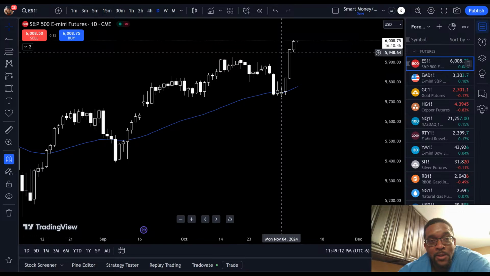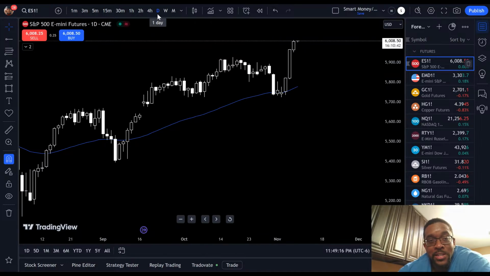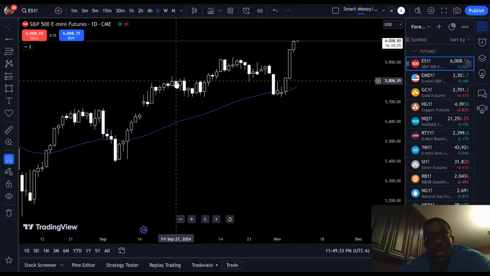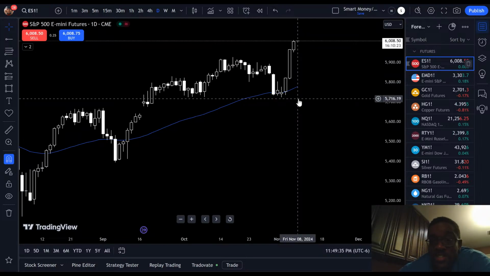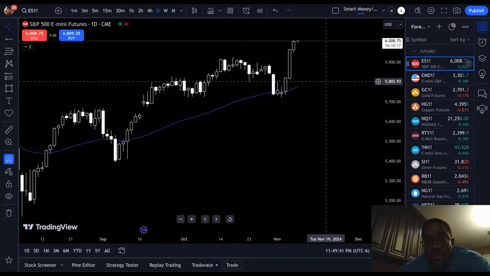All right. So the next thing I look for is a liquidity sweep. Now you can find it from the 4 hour all the way up to the monthly. I prefer the higher time frames. Now I've tested it on lower time frames. It does work, but the higher time frames are more powerful and you can catch better moves. They hold more weight, and the chances of you having a successful trade are a bit higher. All right. So let me show you what I look for when I'm looking for a liquidity sweep.